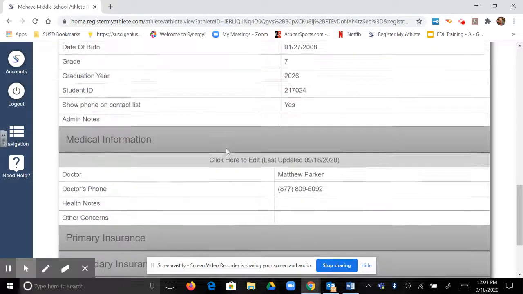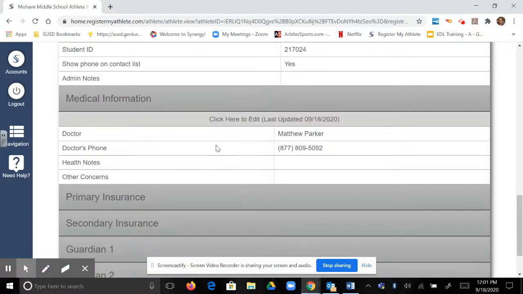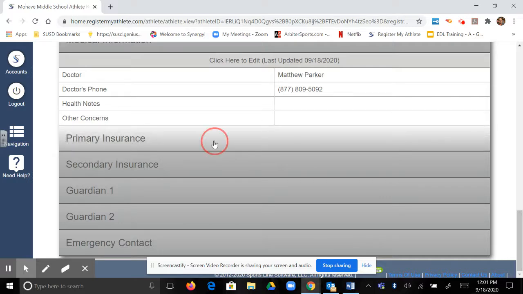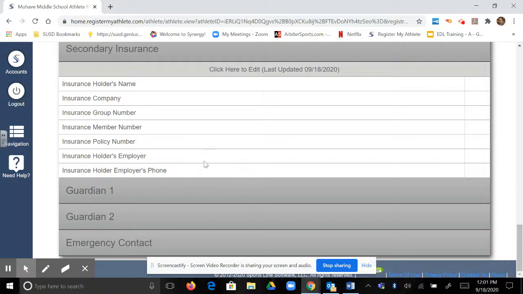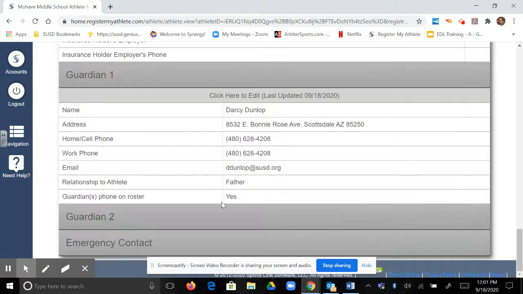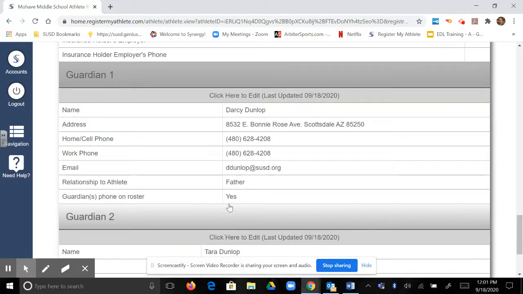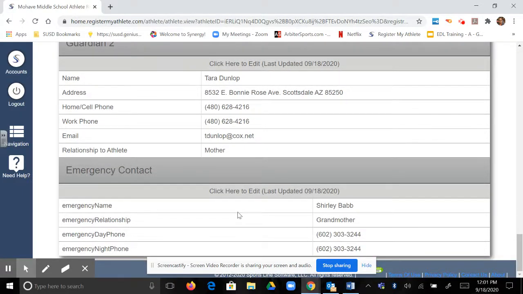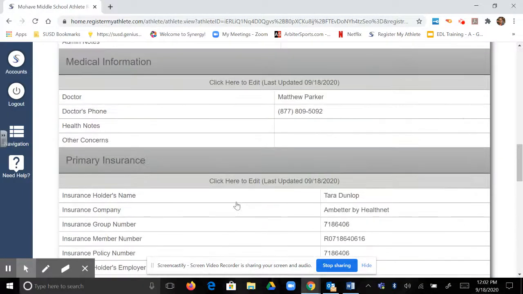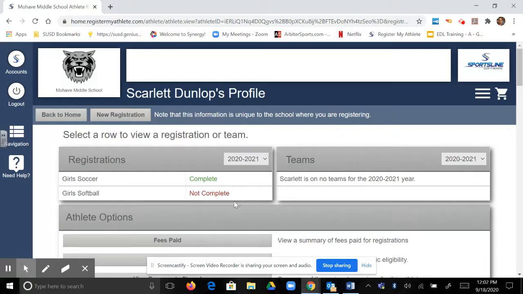The medical information is next. You put in all your medical information there. You have primary insurance, and then if you have secondary insurance, and then guardian would be one parent or second parent right there, and then the last one is emergency contact. So all of this information would be done